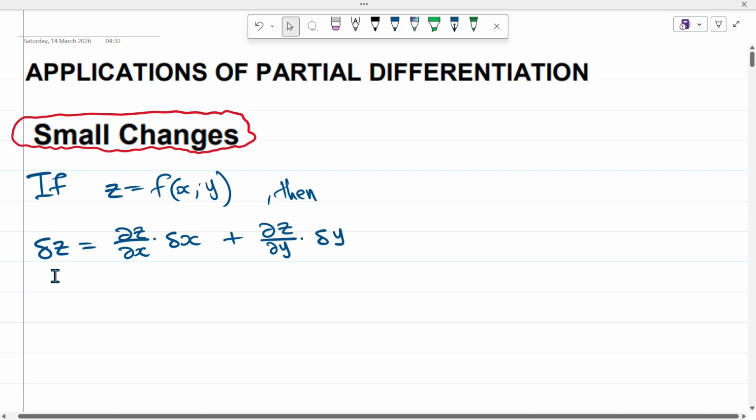So this denotes small change in z, and then this denotes small change in x, this denotes small change in